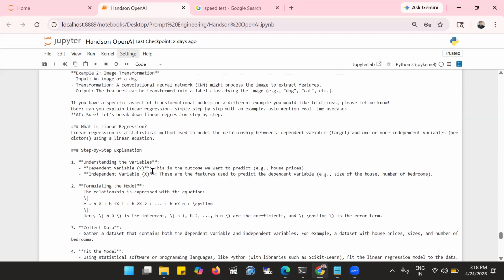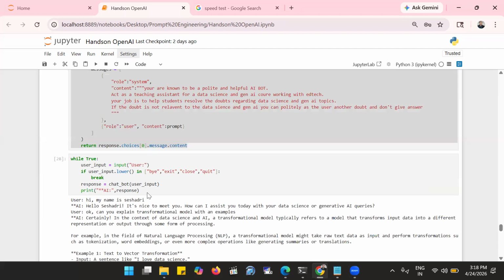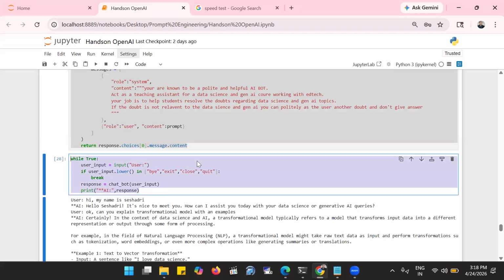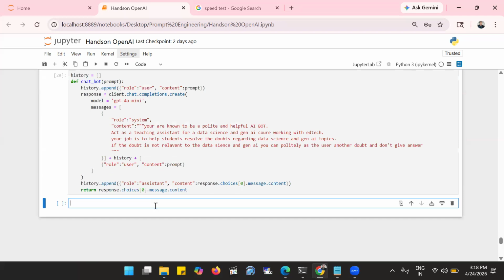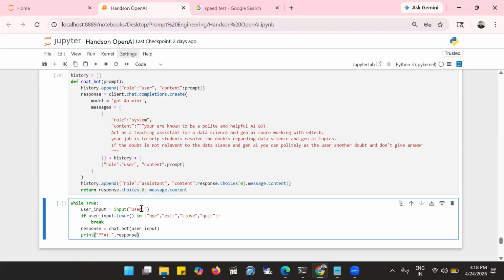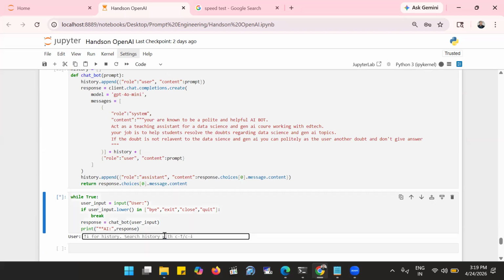After that, I can use the while condition. While condition is true, user input is user. If user input lowercase is exit, close, or quit, then we can break it. Otherwise, response equal to chatbot, user input we are given. We can print the response. Now, when I run this one,